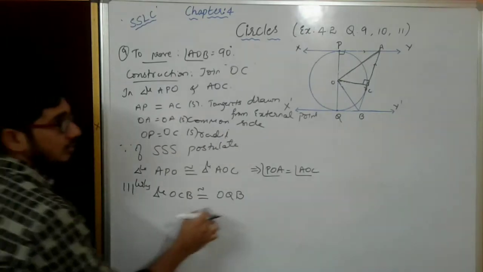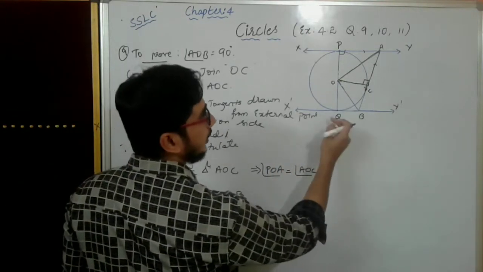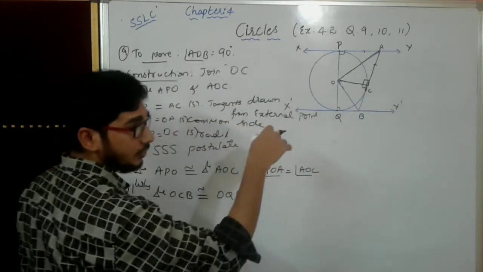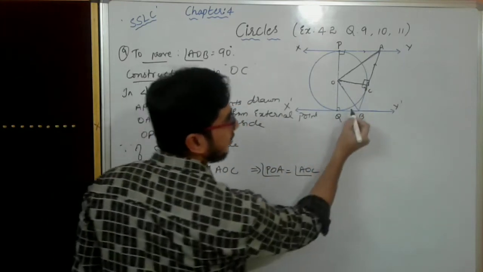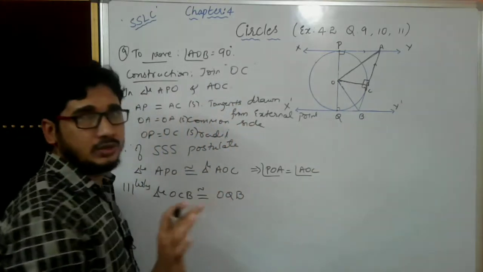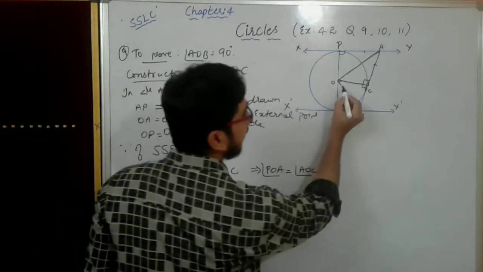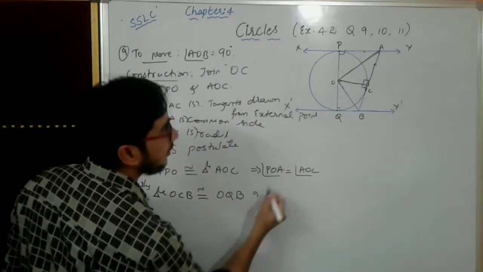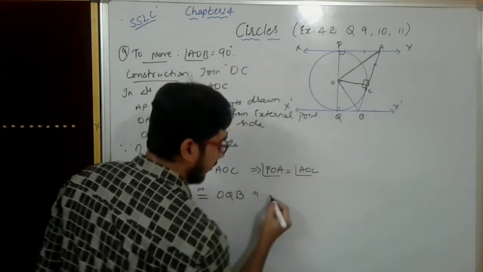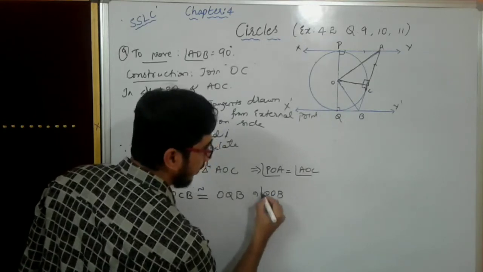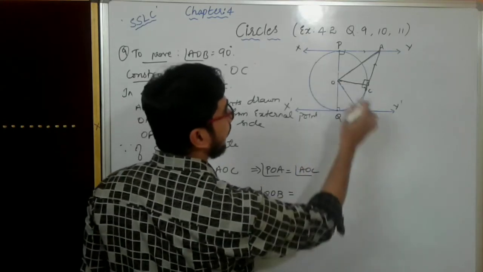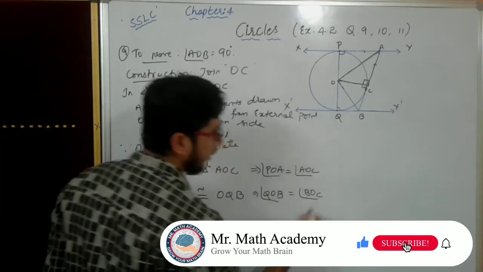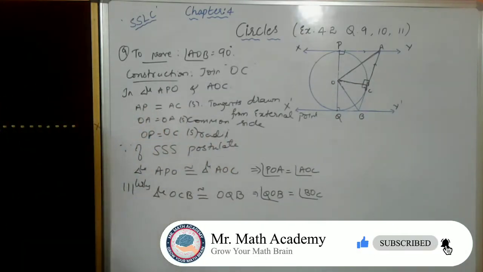Next, what I am doing here, I don't want this figure. For this triangle, we know that this is 90 degree, this is also 90 degree. Below these two triangles I am taking, I don't want the extra fittings. Just I will take this angle and this angle are equal. I'll write here, which implies QOB is equal to BOC.